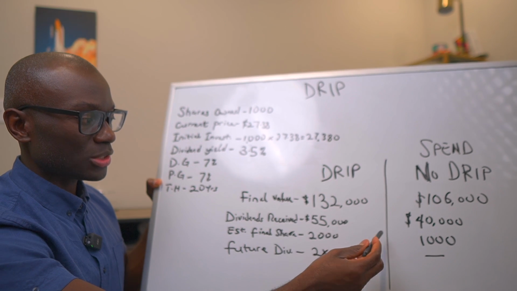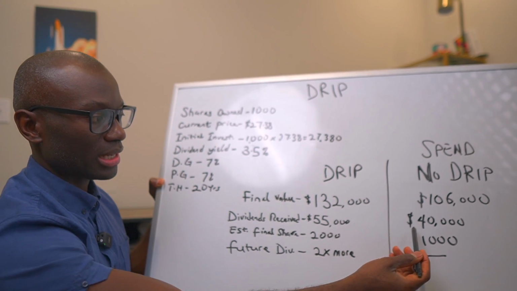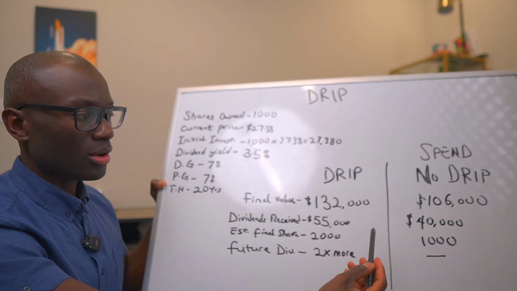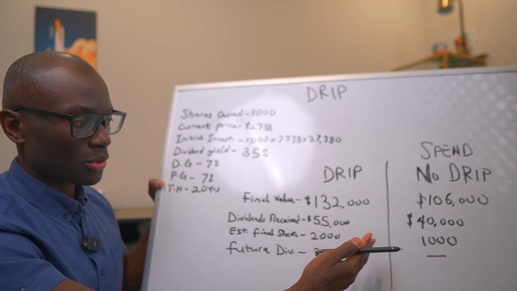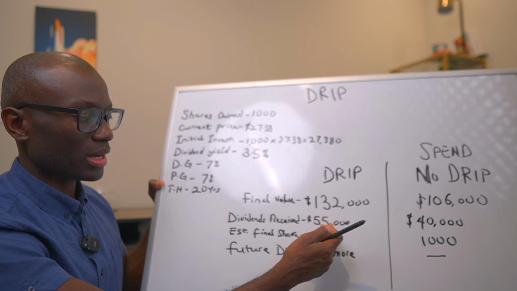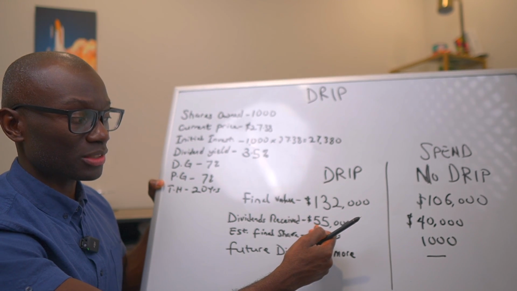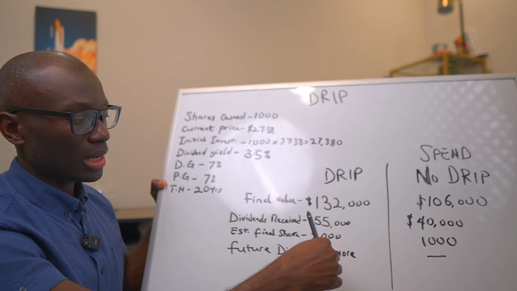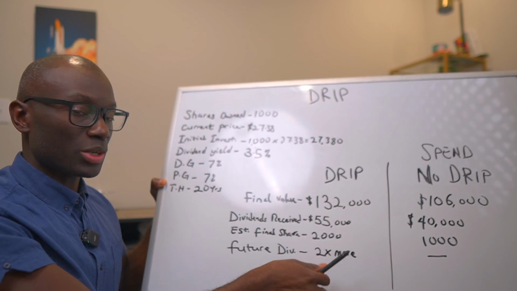And what I want you to pay attention to is the difference here, and of course what we have here and here. Like I said, these are all estimates, but it gives you a picture of what it would look like. The reason why you have more dividends received for somebody with DRIP turned on is the fact that that money is reinvested on a regular basis. So the question is, what can you do in order to maximize the returns on your investment?